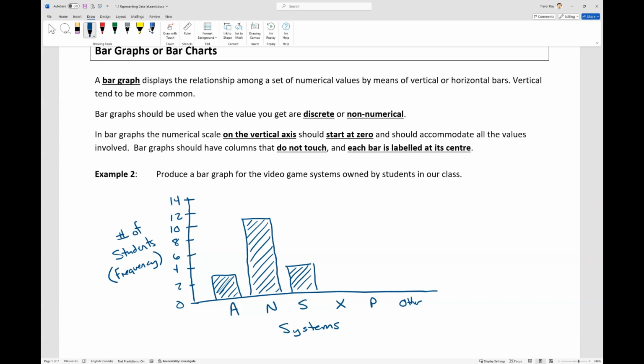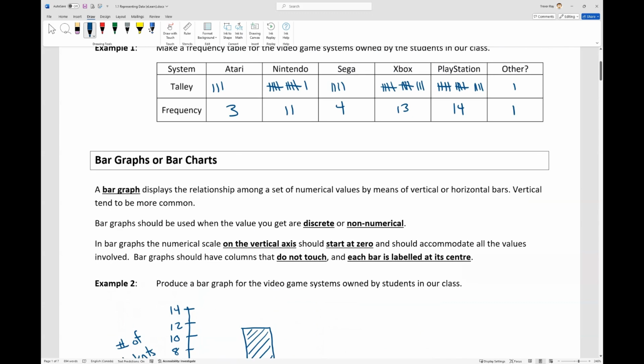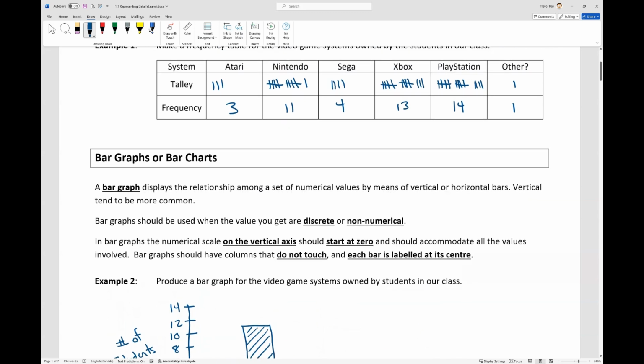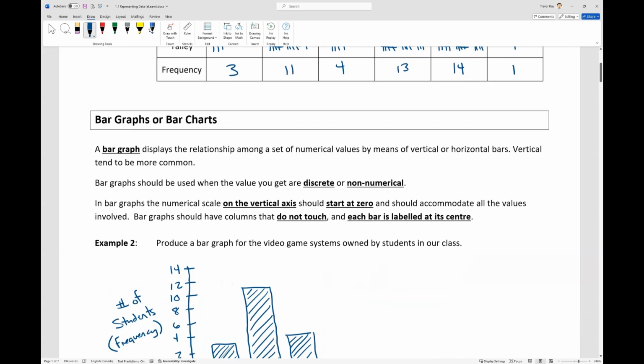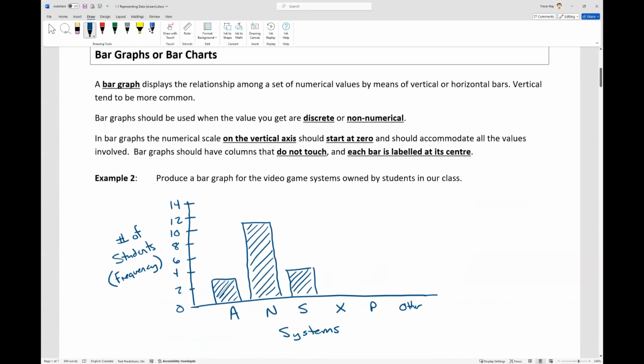But I do not want these to touch, and I want them to be approximately right. Okay, then we got 13, 14, and 1. So 13 puts us around here. 14 goes just a little higher and a little off center there for the P. In fact, I'm going to correct that because I really want to